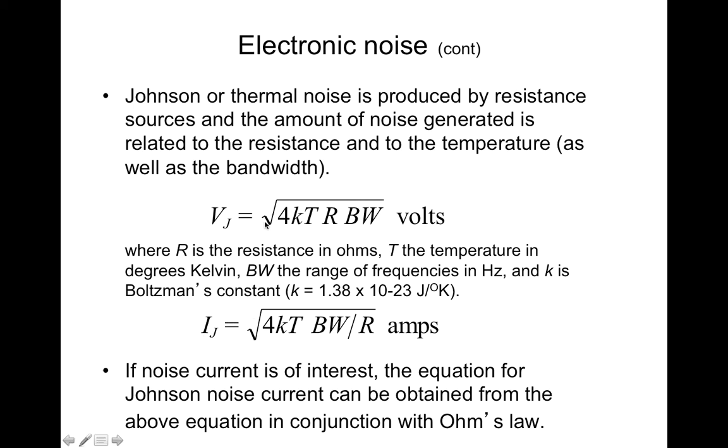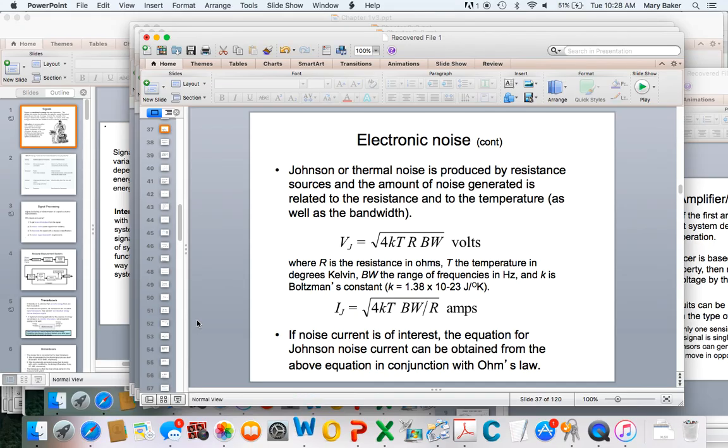But basically that noise voltage is related to Boltzmann's constant, the temperature in Kelvin, and the resistance in ohms. And so then that'll give you a voltage due to your electronic noise, which is also known as Johnson noise or thermal noise, because it happens when you have sources that are resistive, and this noise is generated due to oscillations of the electrons in the material. So basically that's what the electronic noise is. So that's going to end then this lecture on